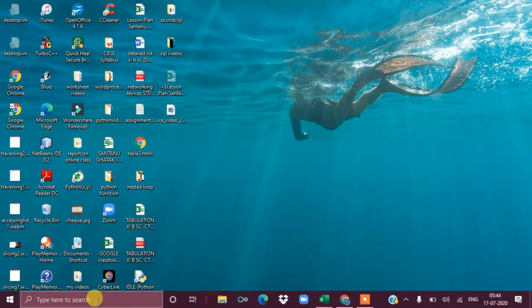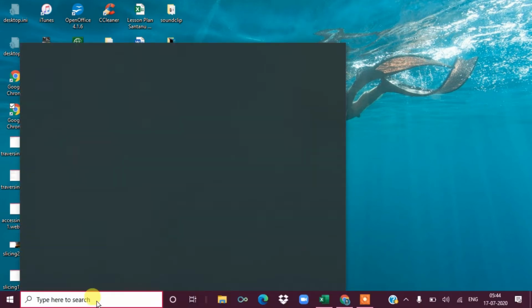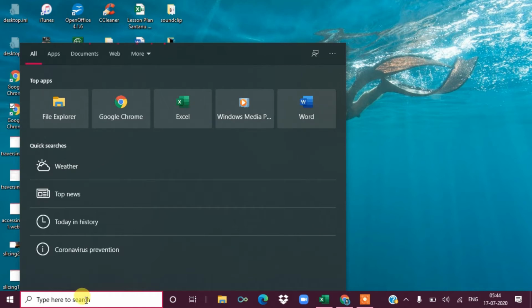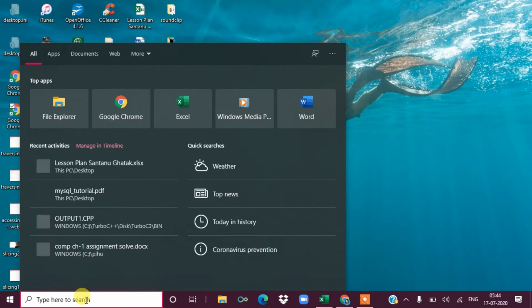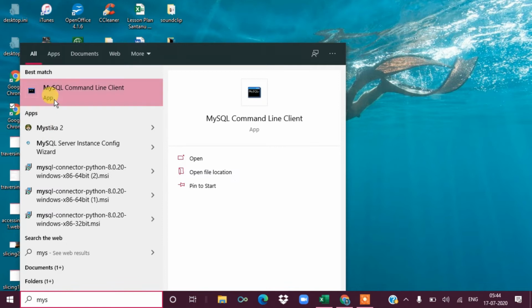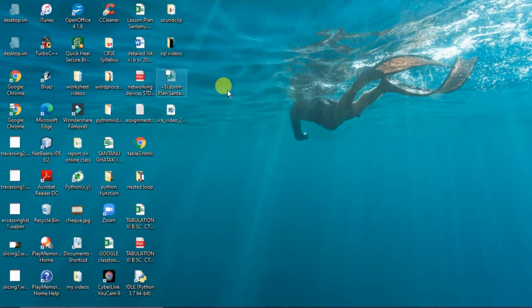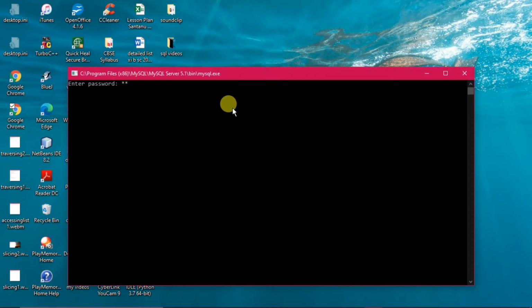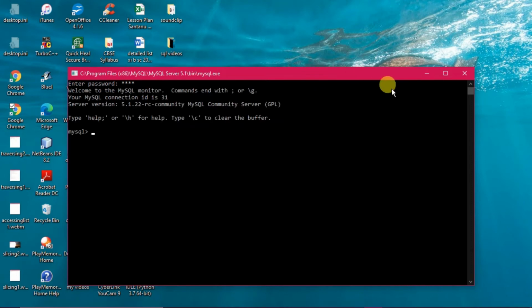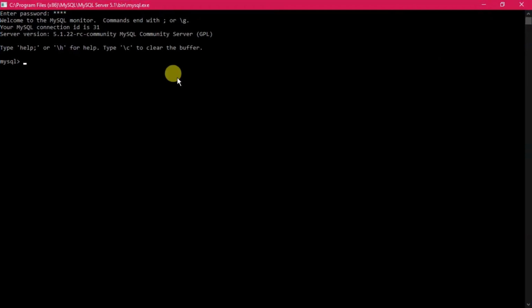Starting MySQL in order to demonstrate the alter table command and some of its constraints. Opening the MySQL command line client and entering the password 1234. Now it takes us inside. Every day when you do the SQL practicals, whatever existing table you need has to be brought into the work arena. My database is already created.